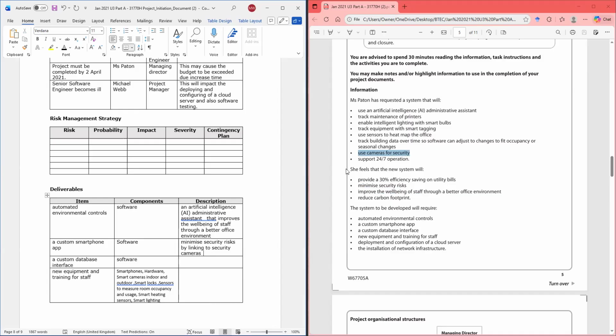And then this one, new equipment. All right, so this new equipment consists of smart devices that will be used to improve efficiency. So the new equipment will provide this. Saving on bills, right? And they also will track